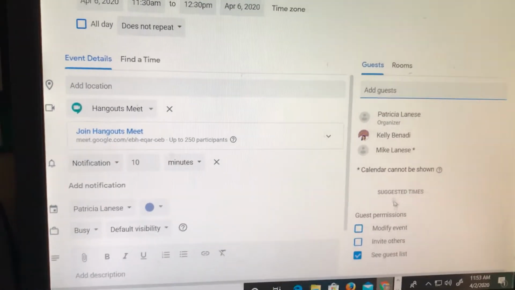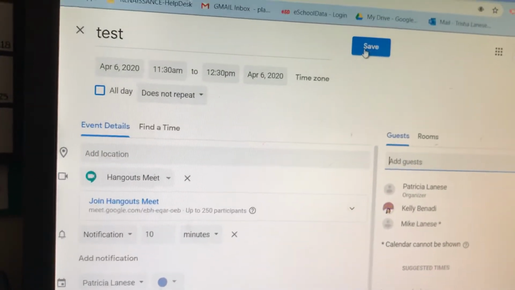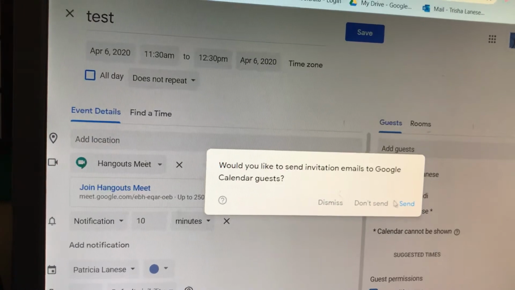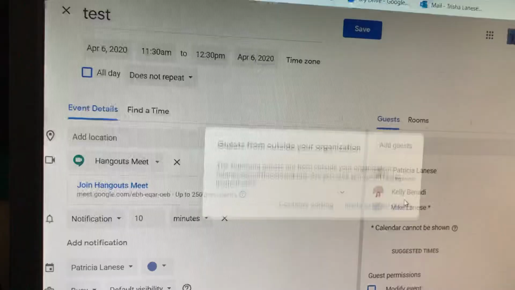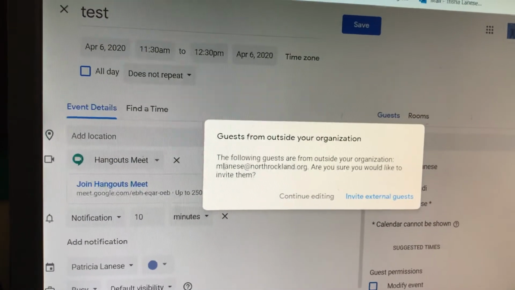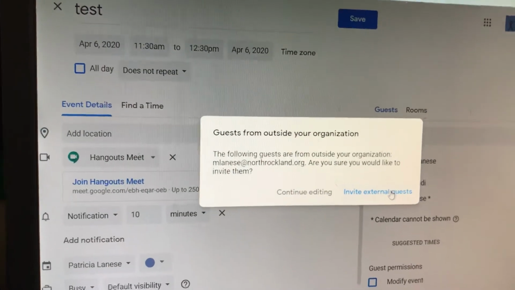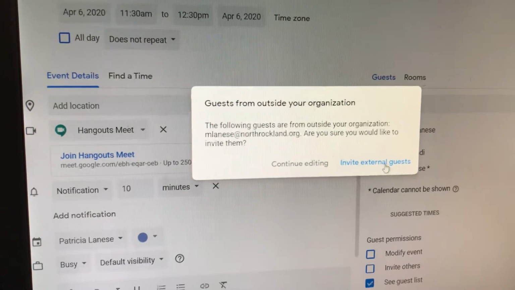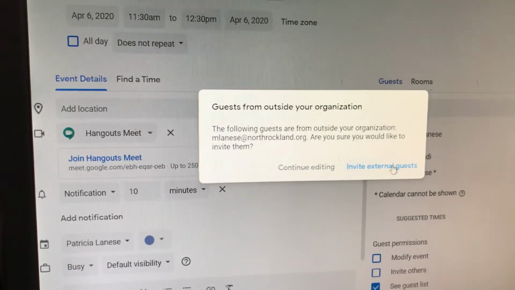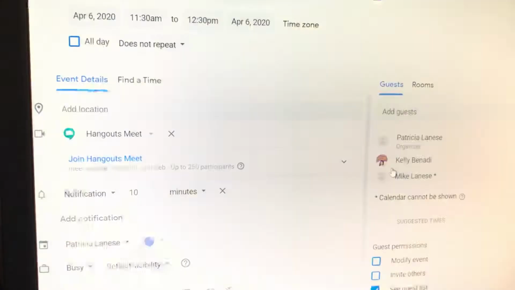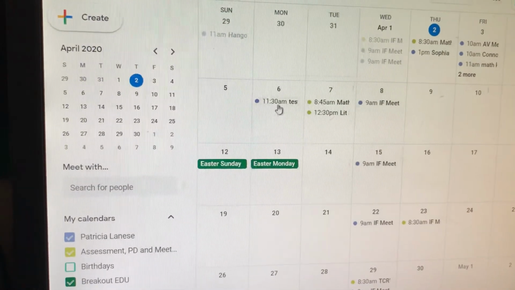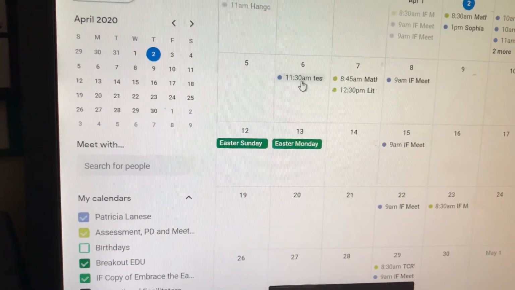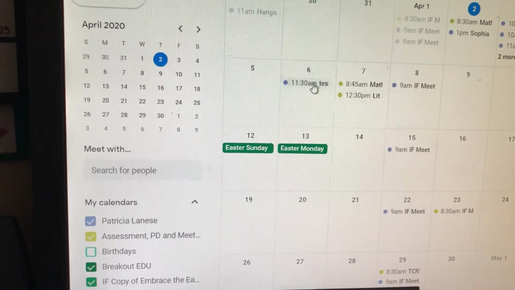So all I have to do now is press save, and it will say, would you like to send invitation emails to Google Calendar guests? Yes, press send. And now since some people, like my husband, are outside the organization, they're going to ask you if you want to invite external guests. And I highly recommend you press that because I'm assuming most of your parents' email addresses are not in our organization. So you press that. And now you will see it's saved on my Google Calendar as an 11:30 a.m. meeting tomorrow. And when I go to click on this tomorrow,